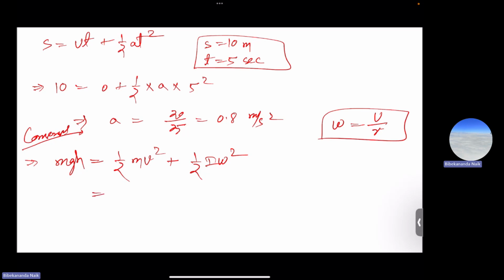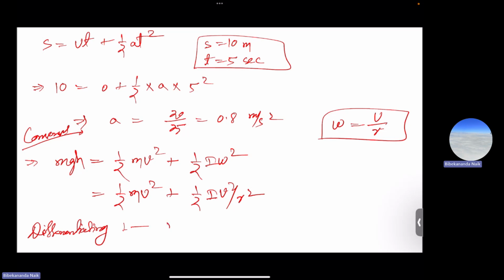So it will become half mv square plus half I v square by r square. Now differentiating with respect to t,